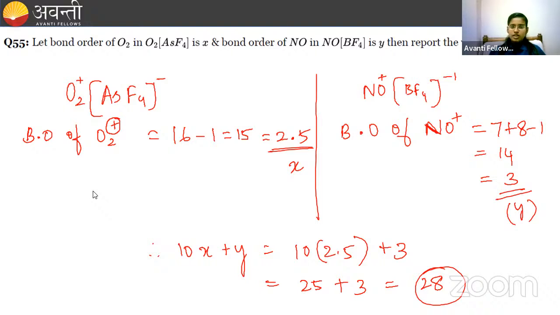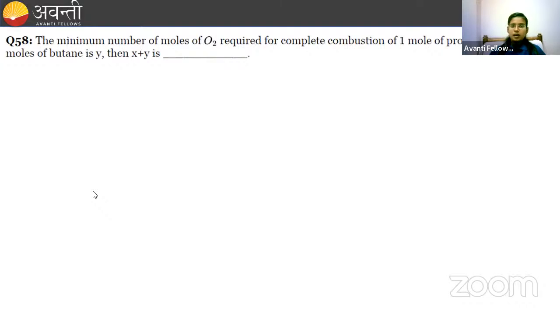Next, coming to question number 58. The minimum number of moles of oxygen required for complete combustion of 1 mole of propane is X and 2 moles of butane is Y. Then X plus Y is. So for complete combustion,